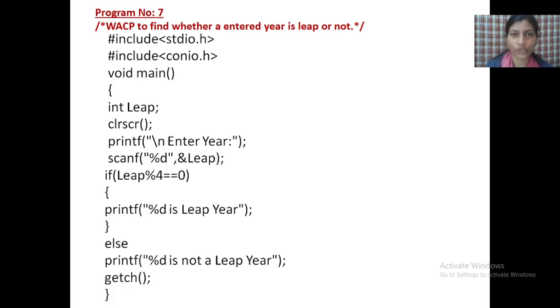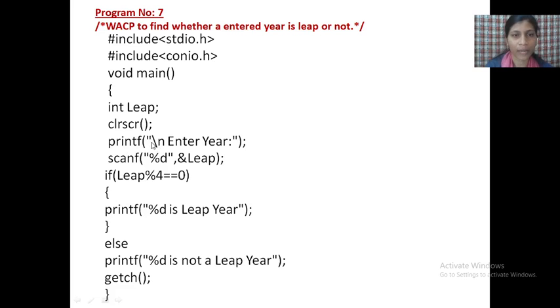It's very confusing. If you want to clear the previous output screen, use the clrscr function, and then only the output of your current run will display.